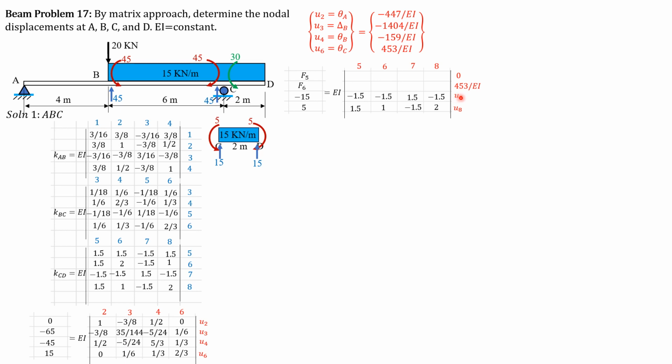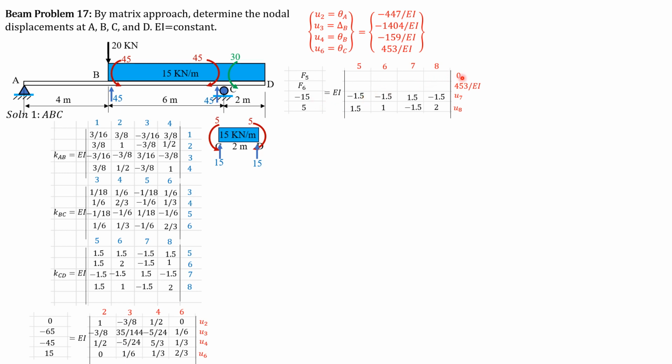And we have to consider the stiffness of these cells only, 7, 5, 7, 5. So that is CD. 7, 5 is negative 1.5. 7, 6 is negative 1.5. 7, 7 is 1.5, and 7, 8 is negative 1.5. Or in short, we just copy this part here of the cell of CD. Then let's expand. Negative 15 equals